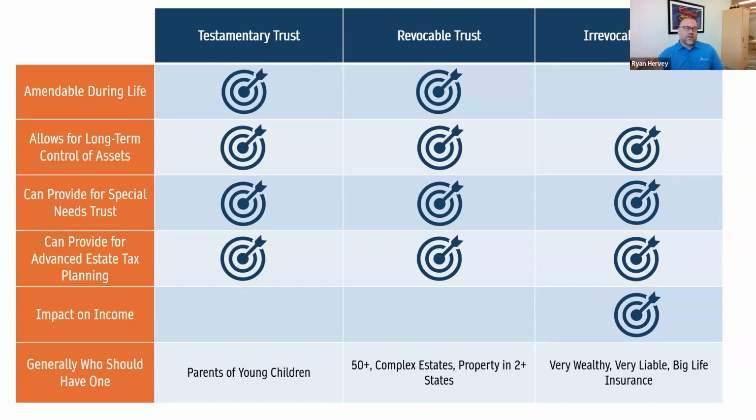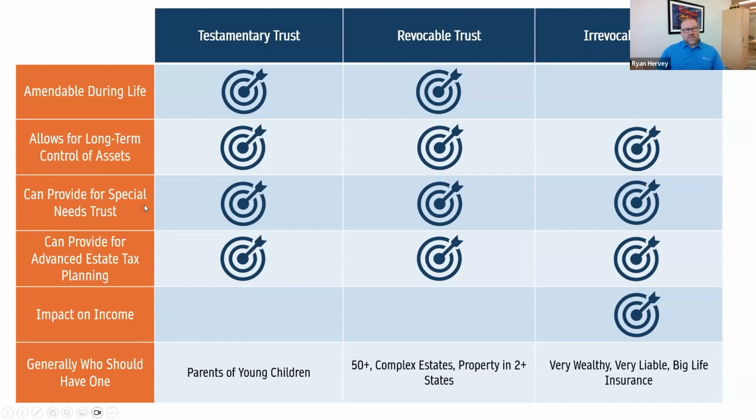The reminder that by comparison, if I just have a will and it doesn't create a testamentary trust, my property needs to be transferred to its new owner within 9 months in most states. So, about the time that it takes to create a baby from soup to nuts, it's that time period. I have to have this trust or this estate done. All the property needs to be transferred and it's now fully in someone else's hands.